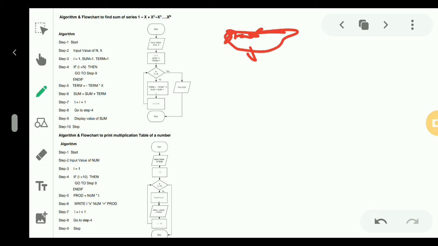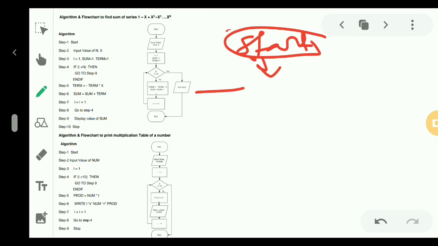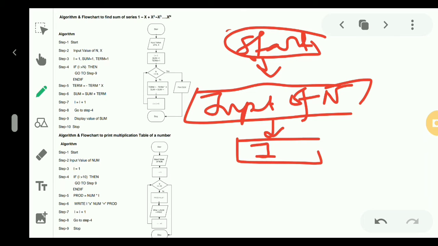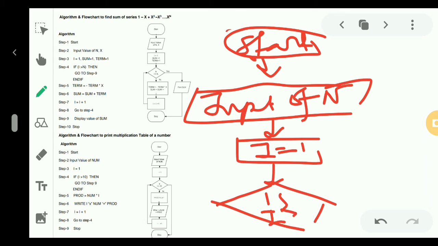Next we have to take in the input value of the particular number. Next we have to initialize the loop variable, that is I equals to 1. Then we will check whether the I value is greater than 10, because up to 10 we will check.